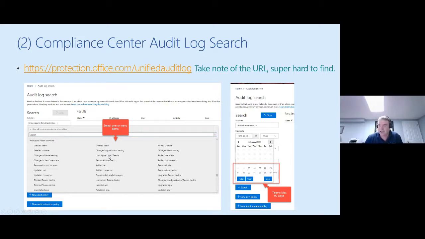You're going to see a ton of data with that endpoint, as you can appreciate. You remove members, add team, added tabs, added channels, et cetera. You can multi-select these, and when you do, it basically pulls that data down for you. That's a really nice UI that Microsoft provides to go and get at that data.